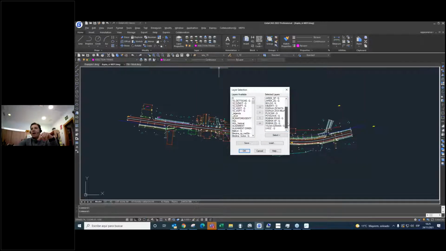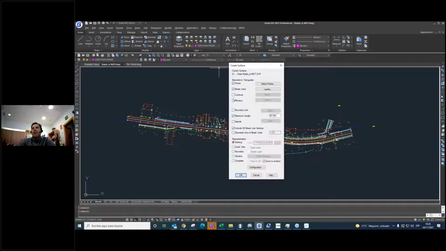And here, if we use only MDT entities, the layers are selected automatically. So in this case, I'm going to select manually to triangulate the surface. Okay. I'm going to use the maximum length criteria, 50 meters, to graduate the length of the triangulation.